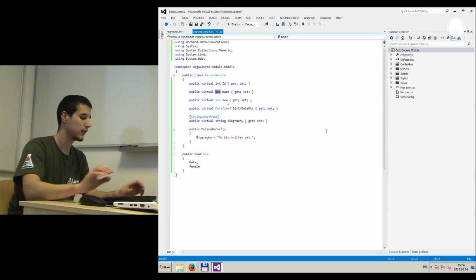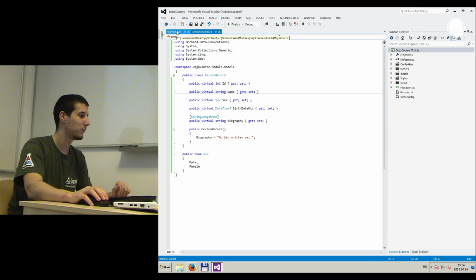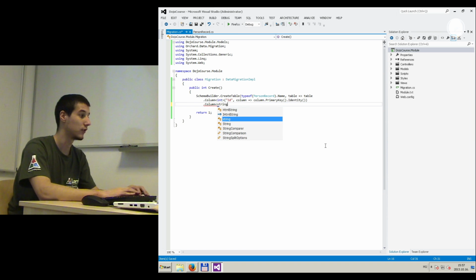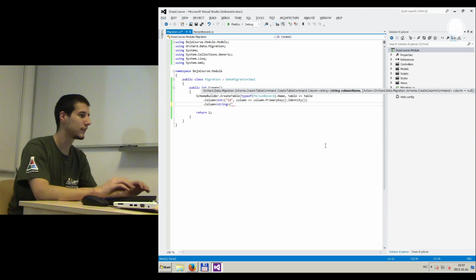Oh, and okay, I just noticed that I defined the name property as an integer, so it should be a string. Sorry. Make sure you make it right. Okay, so the next one should be a string, and now I'm going to leave out the name. Why is that? We'll see in a few minutes, and go on with the next property, which stores the sex of this person,